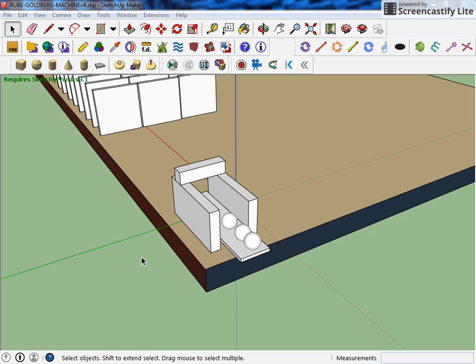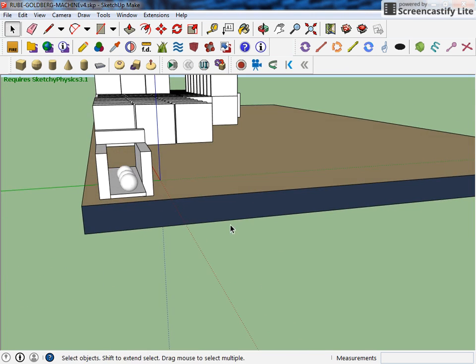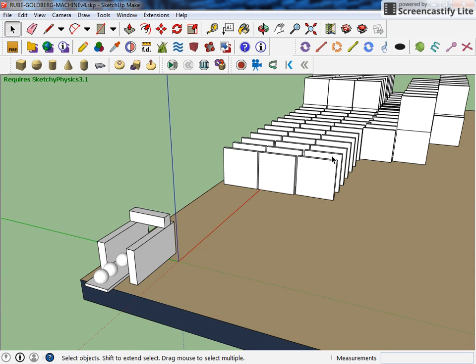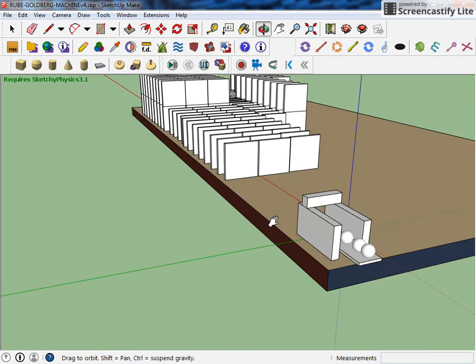All right, welcome to video 2. I would like to show you the model I have built. Real simple here. It's kind of like a bunch of dominoes falling over, and you can see that I have built a catapult